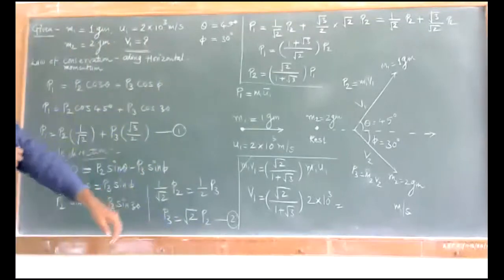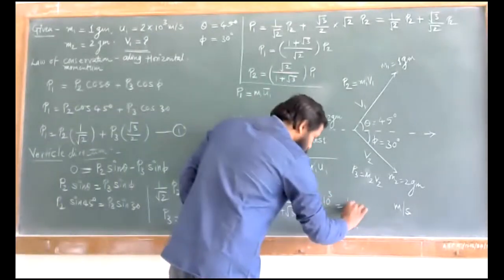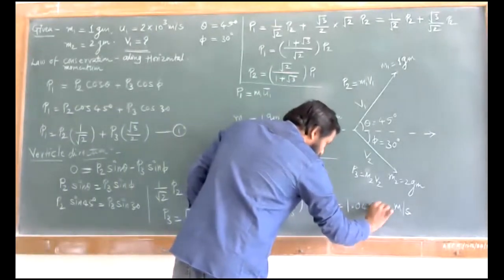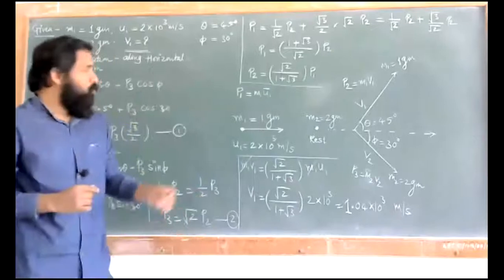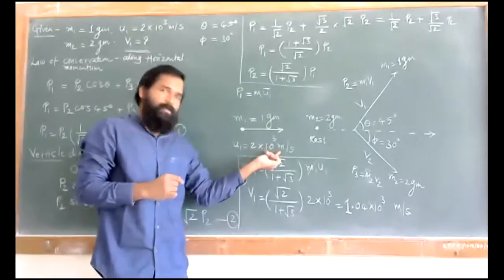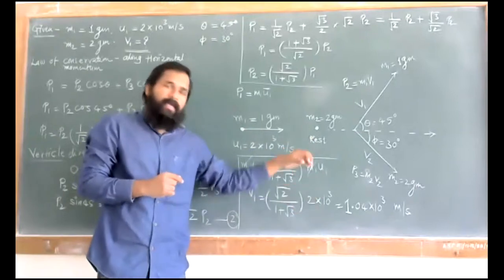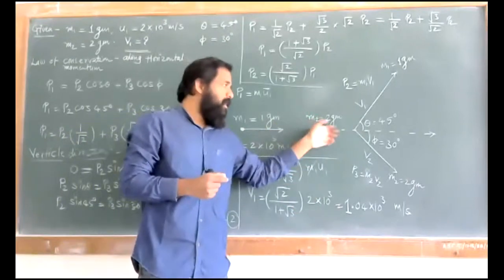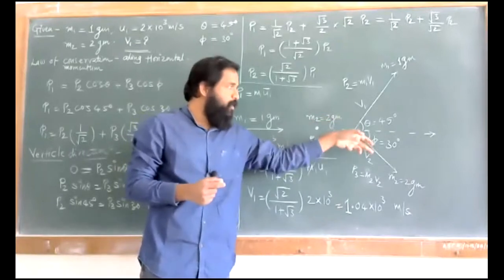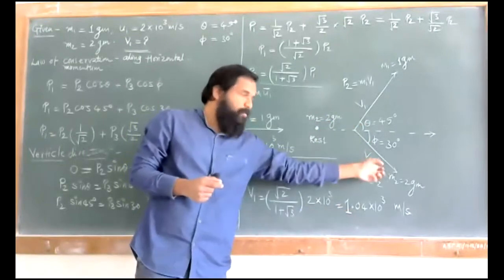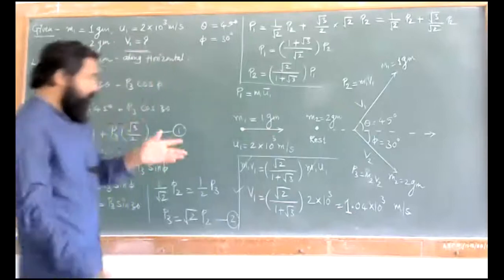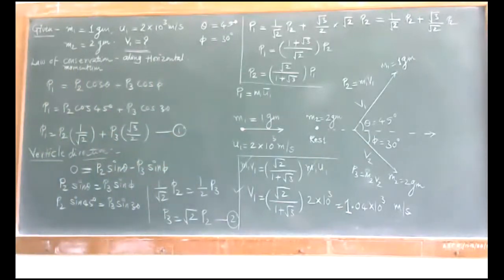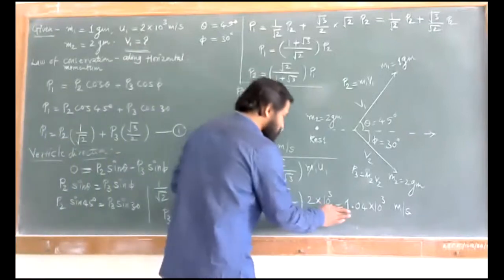So you can have that value of v1, that comes out to be 1.04 into 10 raised to 3. Just check it out. 1.04 into 10 raised to 3 meter per second. म्हणजे काय झाले बा? सुरुवातीला याची व्हेलॉसिटी होती 2 into 10 raised to 3. कोलिजन झाल्यानंतर याची व्हेलॉसिटी जी आहे काही एनर्जी जी आहे हा सेकंड पार्टिकलला दिली गेली जेणेकरून दोघांचं एकाला स्कॅटरिंग झालं, एक रिकॉइल झाला आणि काही व्हेलॉसिटी जी आहे ती ह्या पार्टिकलला दिली गेली. So you can have that consideration in terms of your particle. So v1 is equal to 1.04 into 10 raised to 3. So that is your first problem.